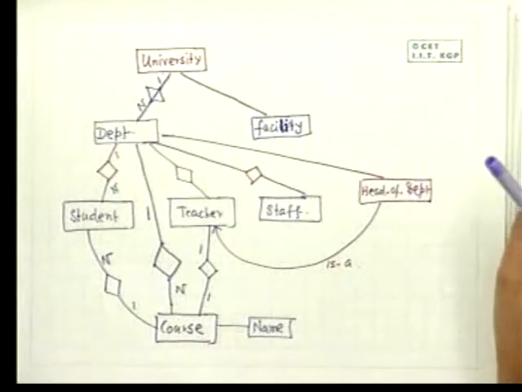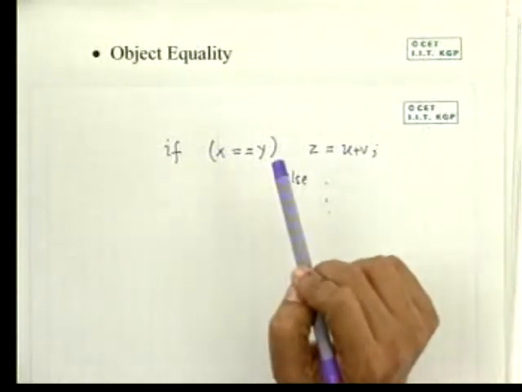Now suppose I want to compare two universities in some way, that for instance we say that if the two universities have the same set of departments, then we can look at how many students are there in those two departments. So if you want to compare objects which are as complex as a university or a department or a course, then we must understand what we mean by object equality to begin with. Like in this case, what is meant by x is equal to y,